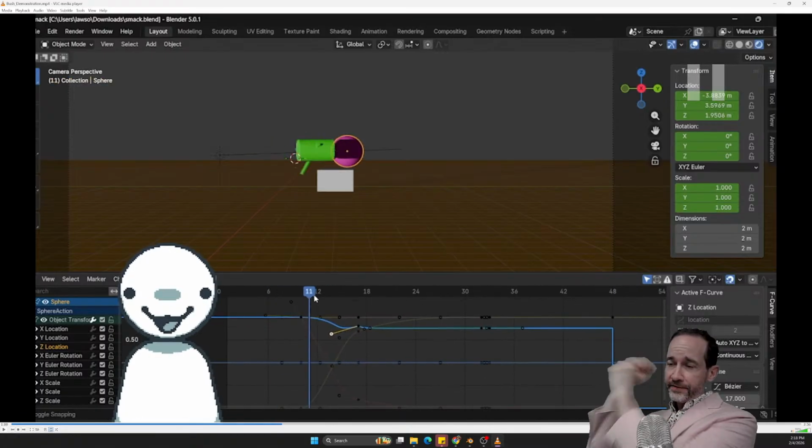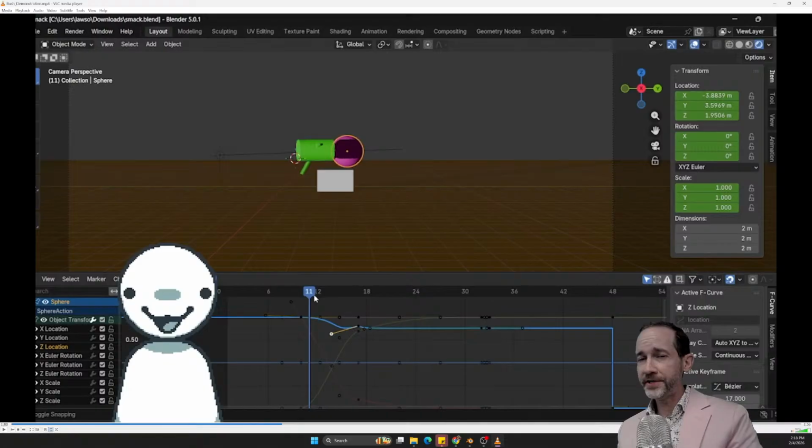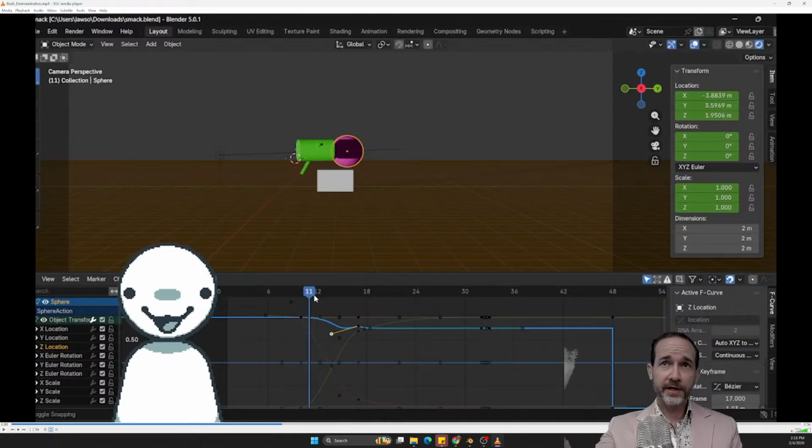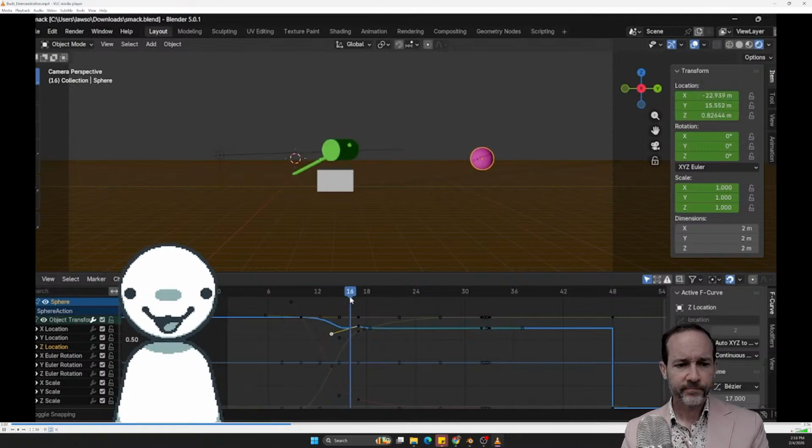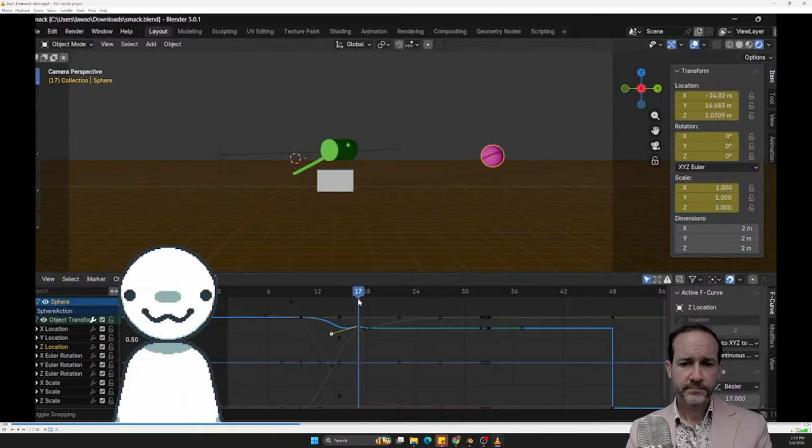Or those things at the fair, right, where you're trying to hit the sledgehammer on the thing and it goes up. That would be a really good reference, because you'd have to animate the hammer down and then the thing going up, and that's going to slow down. It goes across, and it bounces right here.